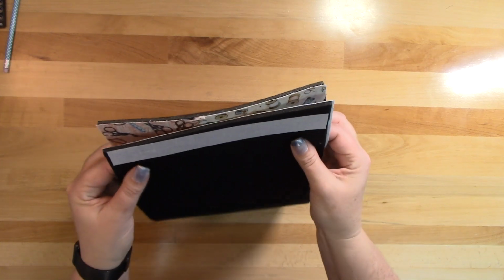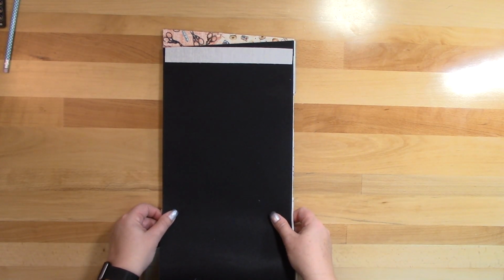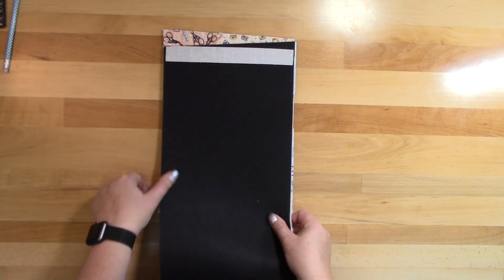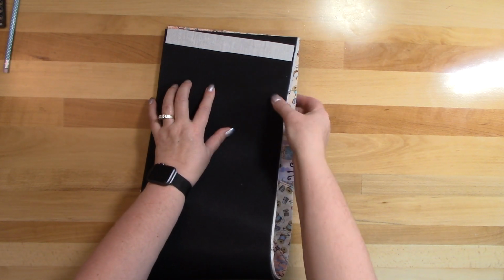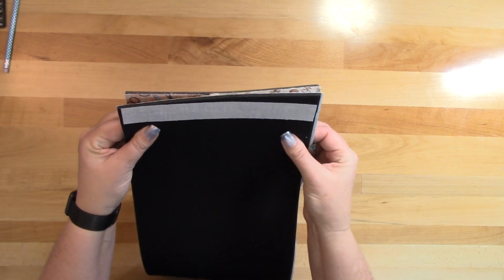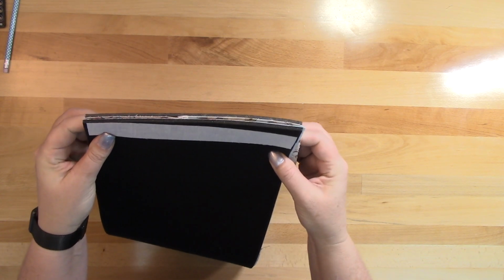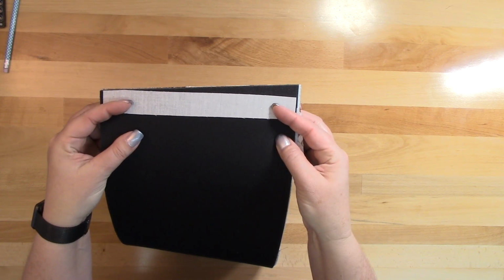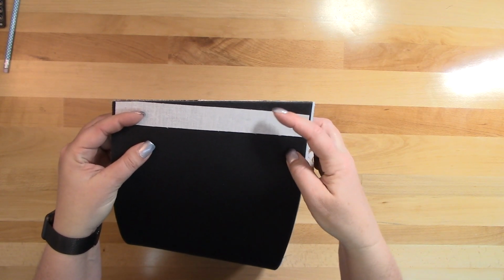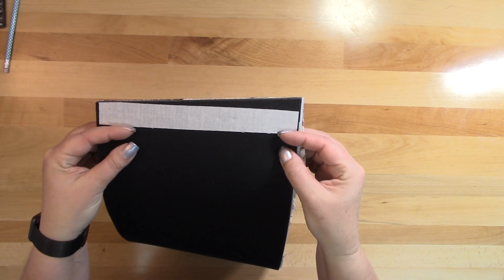So now if I laid this straight, it's not going to be straight up here. That's not a problem. I'm just going to wiggle this over. So I'm going to line this last one up, and I'm going to use again a 1/4 inch seam allowance, and then I'm going to show you how I trim that foam out of that seam allowance before I top stitch. Okay,